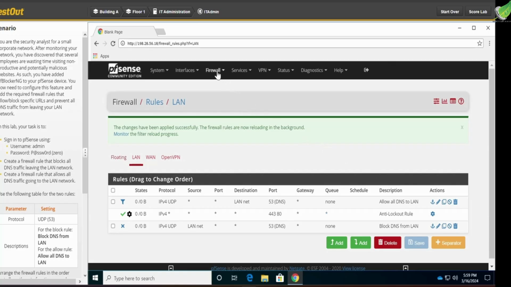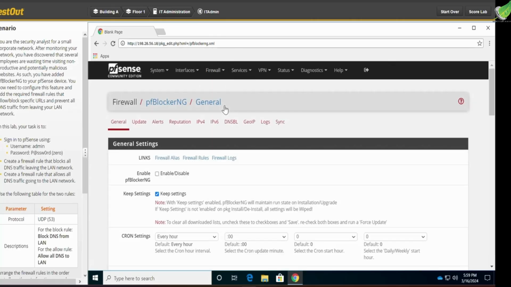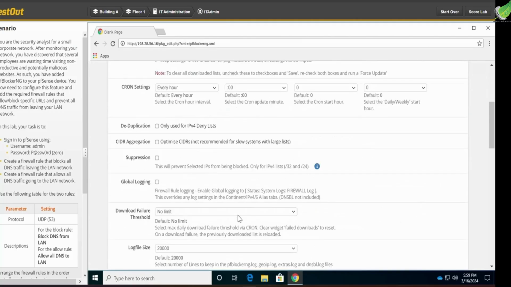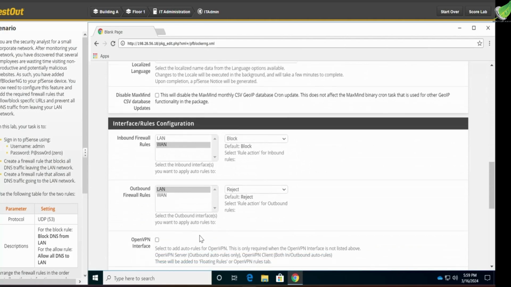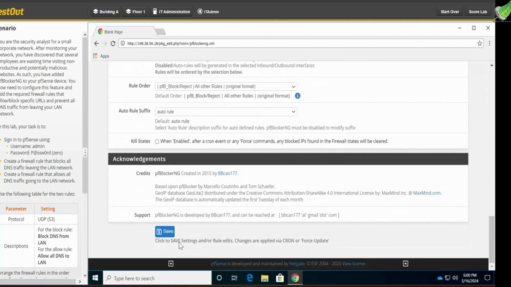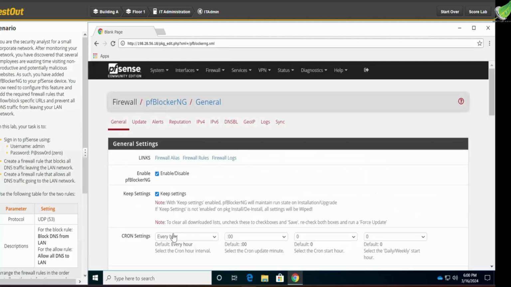So we go to firewall, pfBlockerNG. We're going to enable. Scroll down, scroll down, scroll down. Then we click save. And